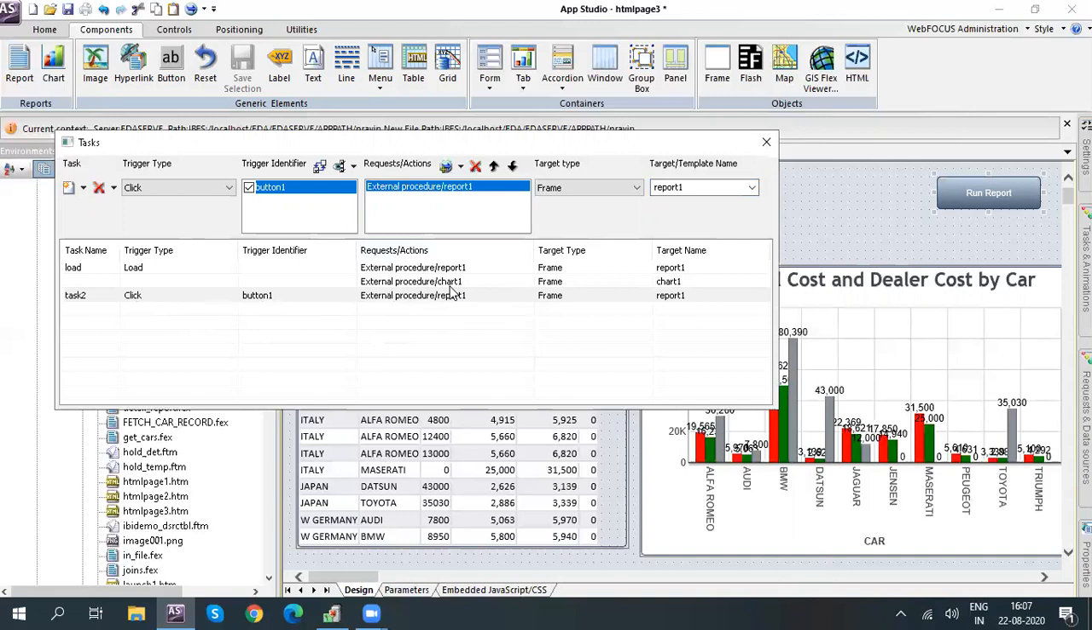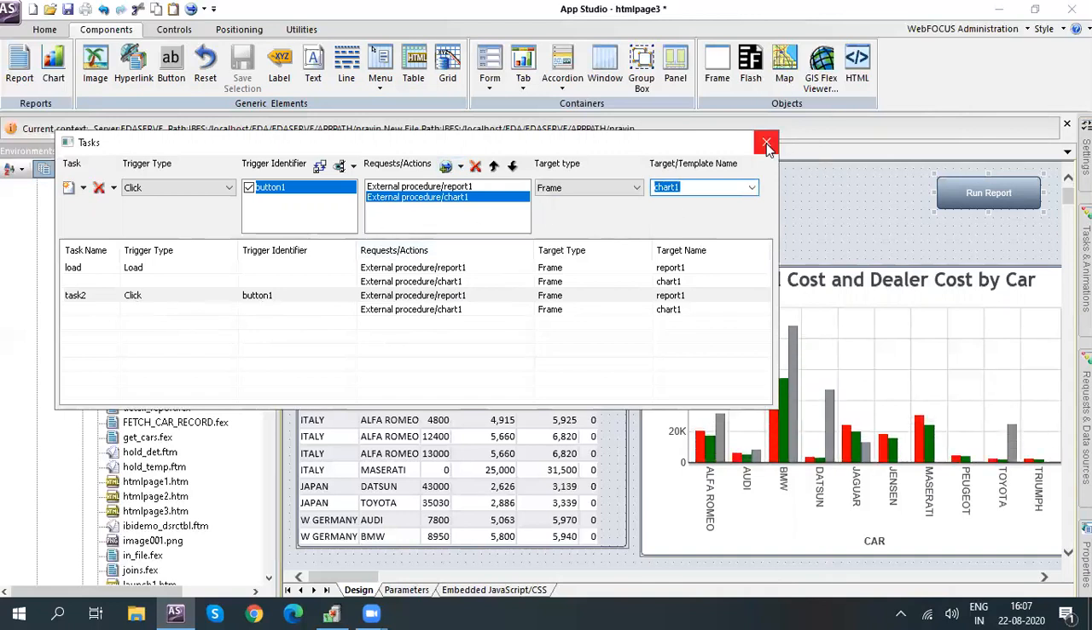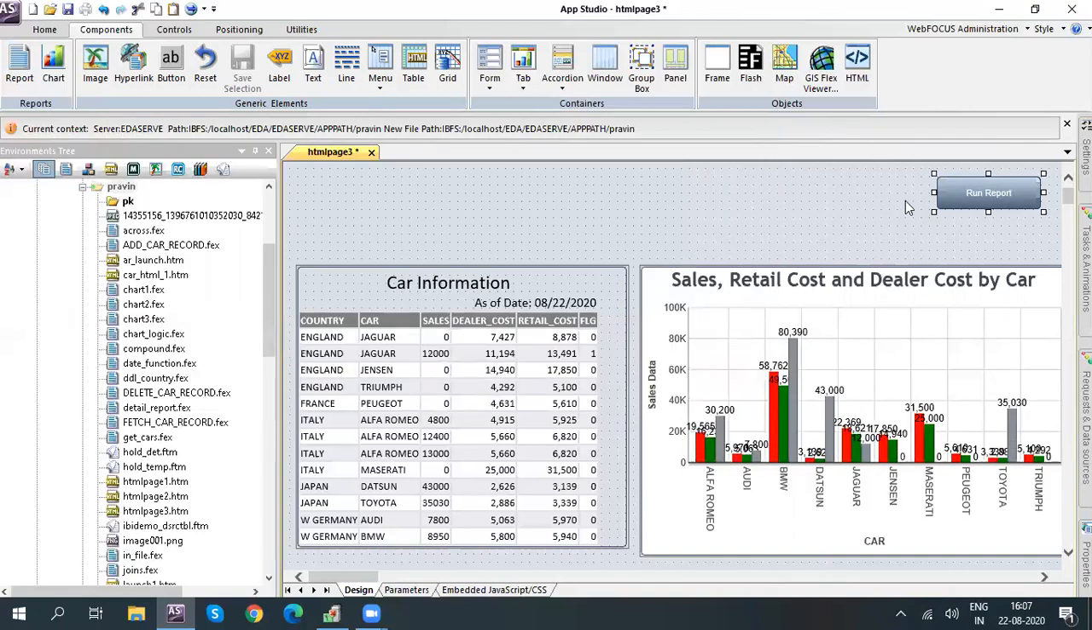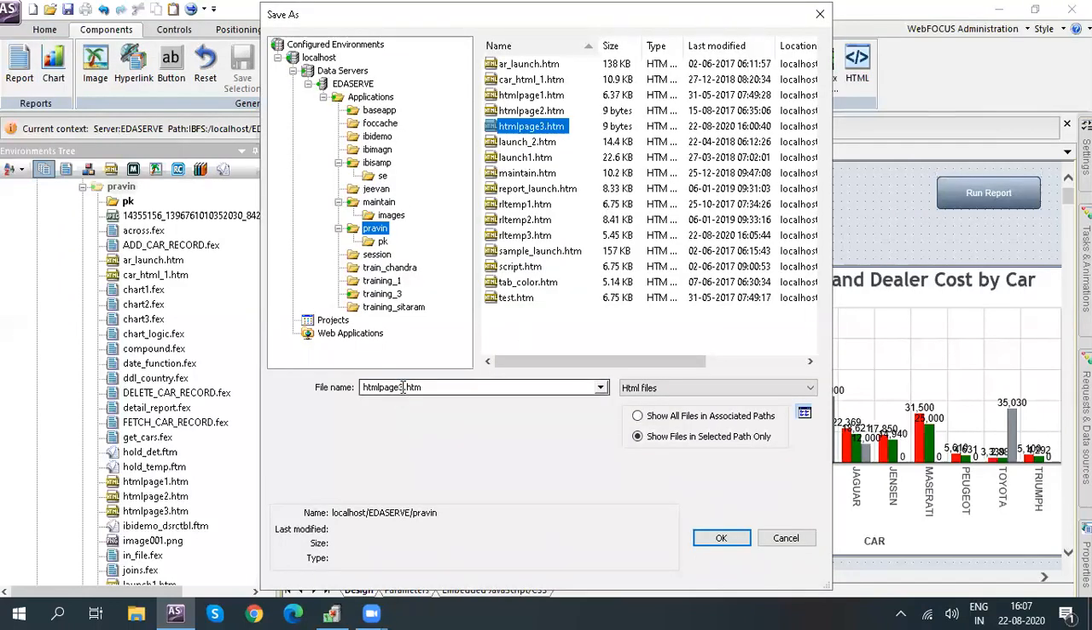We have to add similarly for chart one also. So go with the same option, run request and select chart one. Again, frame and inside of chart one. So that is done. Click on the close button. Now I'll just save it and give some name. Suppose I say